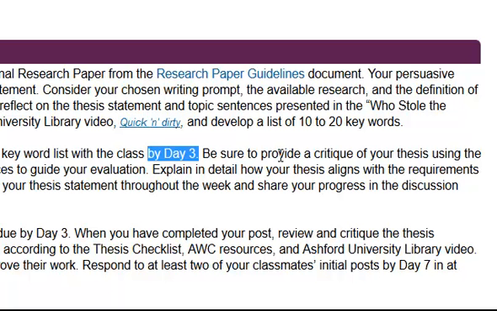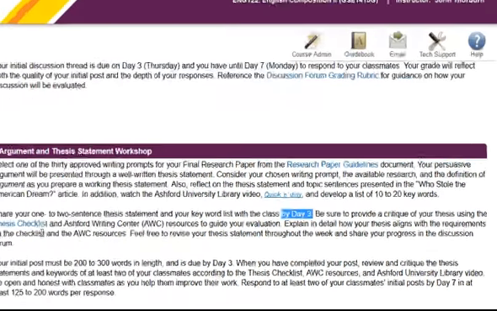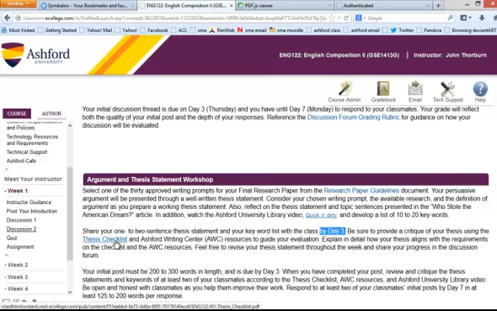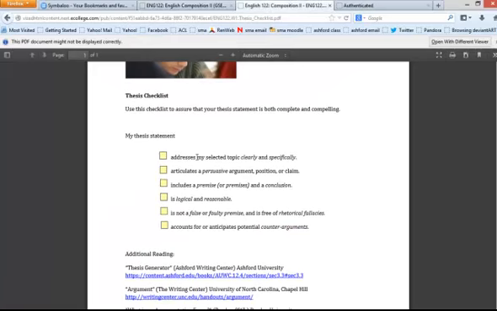Also, you need to provide a critique of your thesis using the thesis checklist document and the Ashford Writing Center resources to guide your evaluation. So make sure that you have a look at that thesis checklist document. Does your thesis statement address your topic clearly and specifically? Does your thesis statement articulate a persuasive argument, position, or claim?